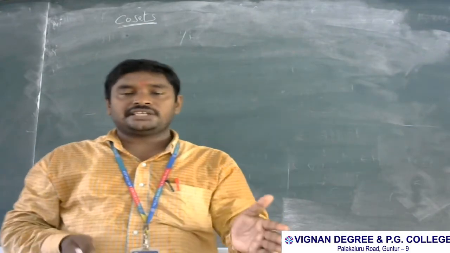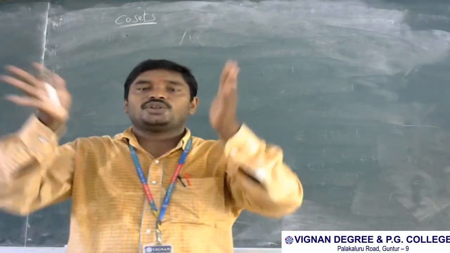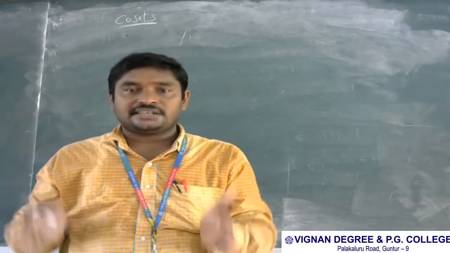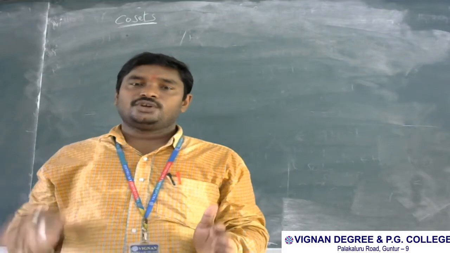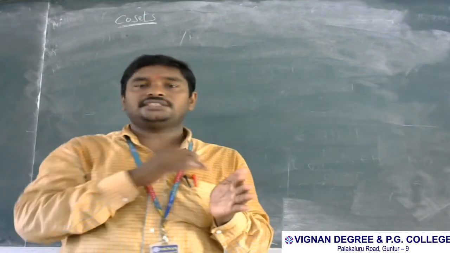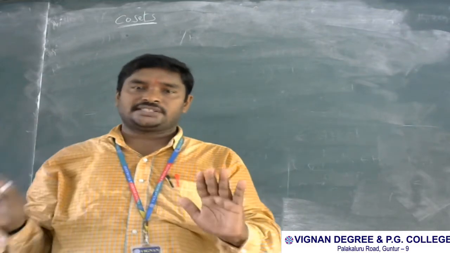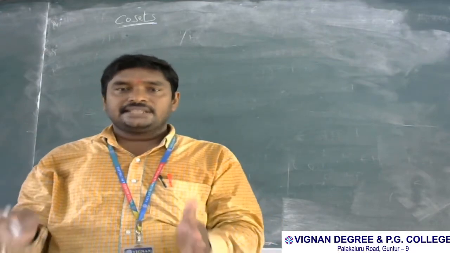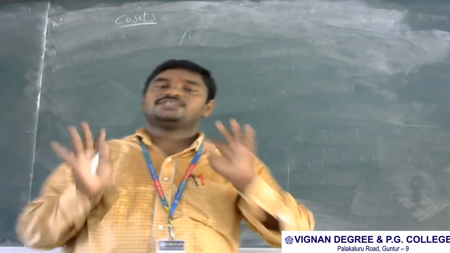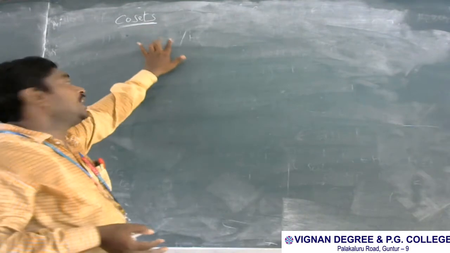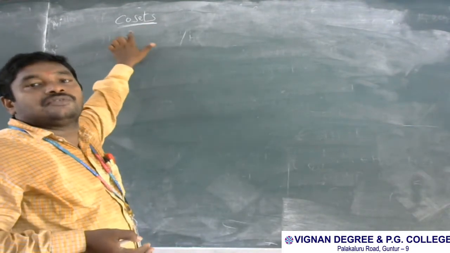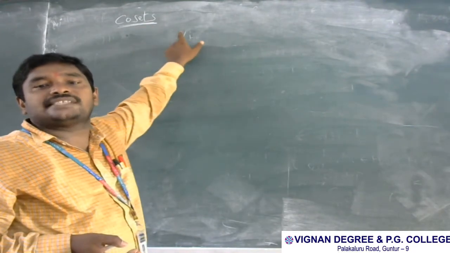One side girls sitting, one side boys sitting. So that's why the education is said to be co-education. If only girls, it is a girls' college; if only boys, a boys' college. But when both are mixed, it is said to be co-education. So same meaning: co means adding to the set.